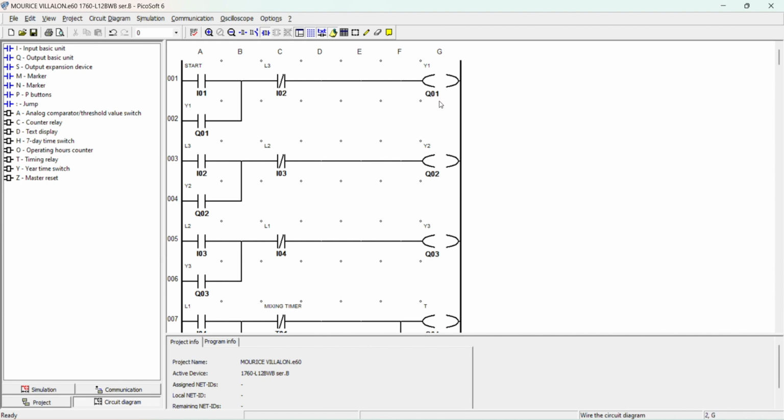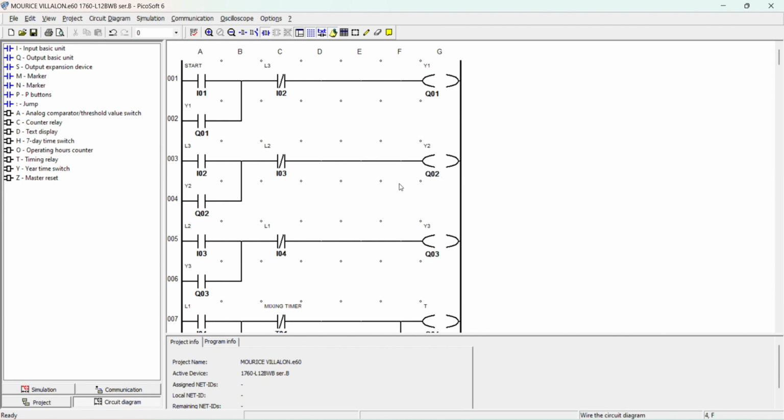Here is an output for liquid, which is the Y1, and here is the supply output for this liquid. The L3 will trigger the second sensor, which is the L2, and the second liquid, which is the Y2.